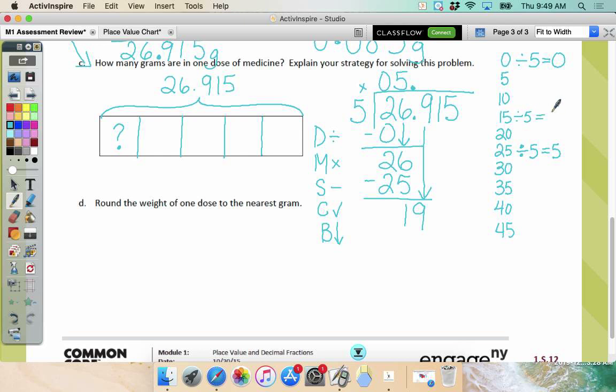And 15 divided by 5 equals 3. Where did I write the 3? Directly above the 9. What do I do next, Eileen? Multiply what 2 numbers? What do I get? 15, and 19 minus 15 is